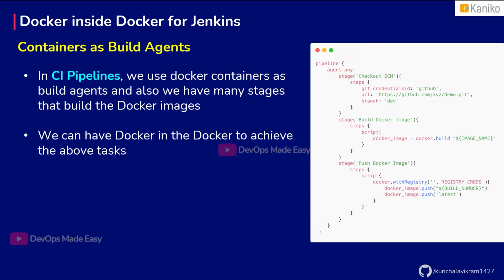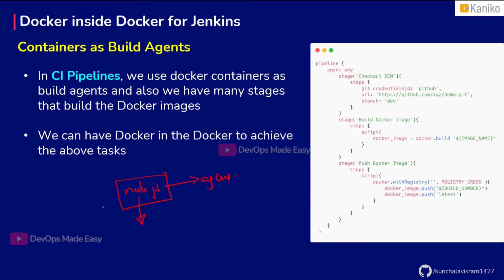So the stages like checkout stage, or building your Docker image, or compiling a source code, there are hundreds of stages that can be included in your CI/CD pipelines. So in CI pipelines, basically we use Docker containers as build agents because let's say that you wanted to have a Node.js based environment to compile or pack your Node.js application. So instead of having Node.js installed in an agent, we can take Node.js as the Docker container agent to compile your